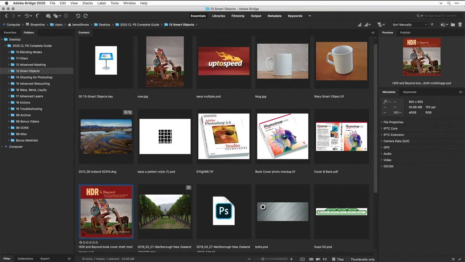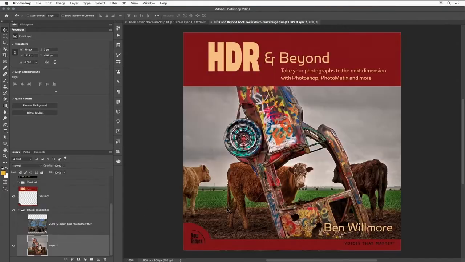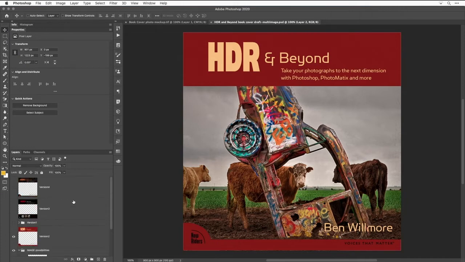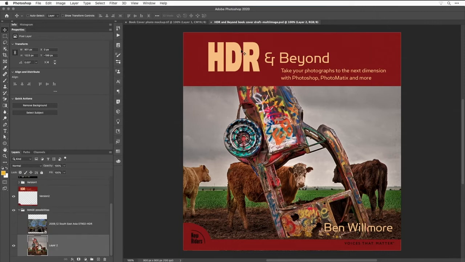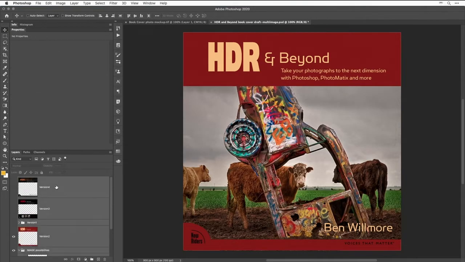Then I'm going to go over here and get my mock-up for a book that I haven't written yet. This is a book I never wrote, but I was going to. And what I could do is take this document. There's a lot of layers in here because maybe there's a layer for each one of these pieces of text and one for the picture. Here's another picture I might decide to use and so on. And I'm just going to take all those layers and select them, and I'll say,